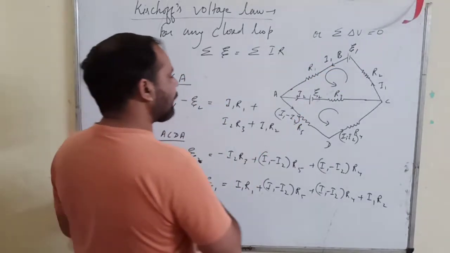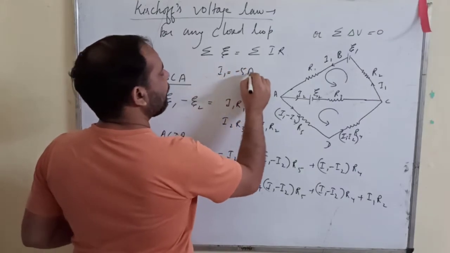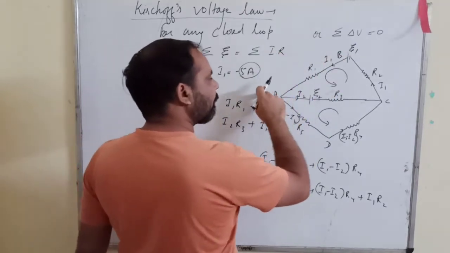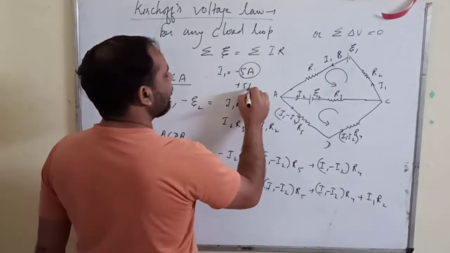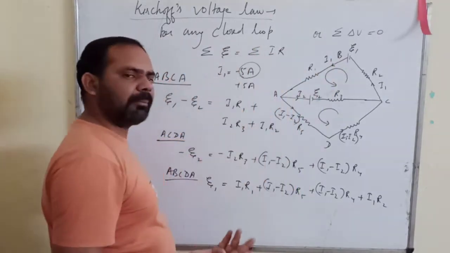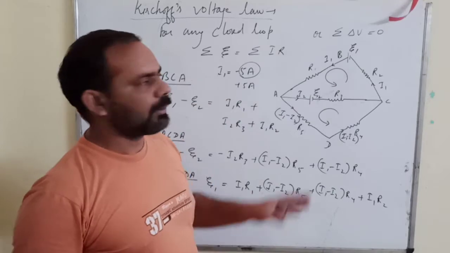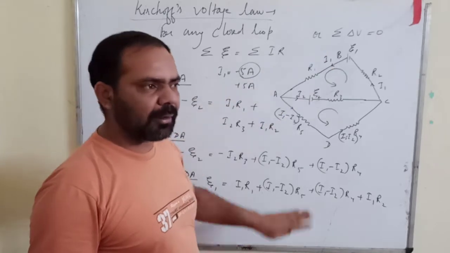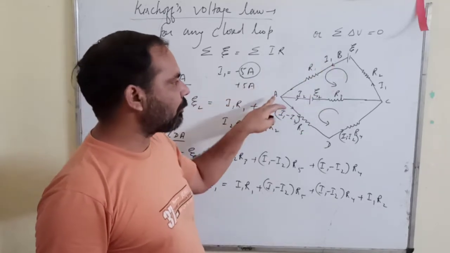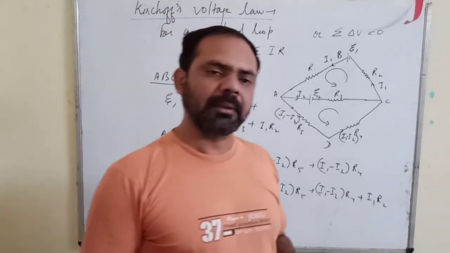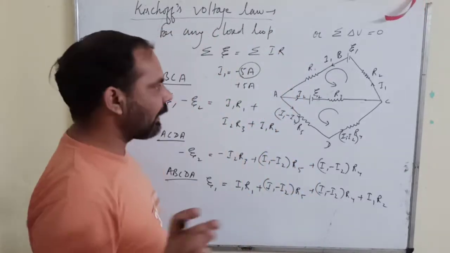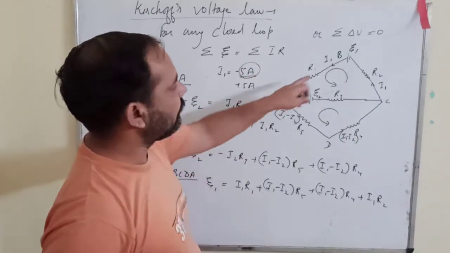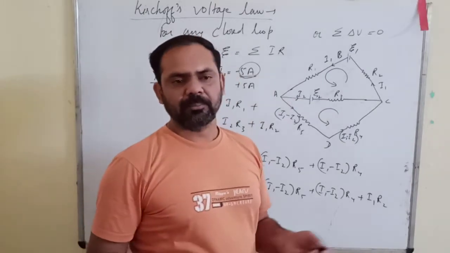Okay, it means that if I get I1 equal to minus 5 ampere, it simply means that the current I1 is 5 ampere, but it is not flowing from B to A, it is actually flowing from A to B. And if I get plus 5 ampere, then it means that it is flowing from B to A only. That means the direction that I have marked for I1 is my correct direction. Okay, it will not affect your solution. Whether you have marked from B to A or A to B, it is not going to affect your solution. You will get the right answer. Your magnitude will be okay. Only you will get minus or plus, depending on whether you have marked the correct or incorrect direction.